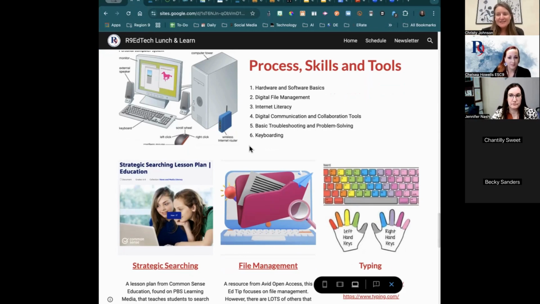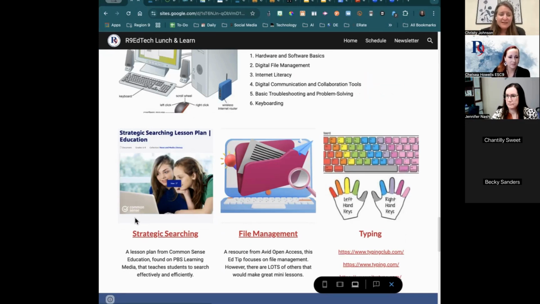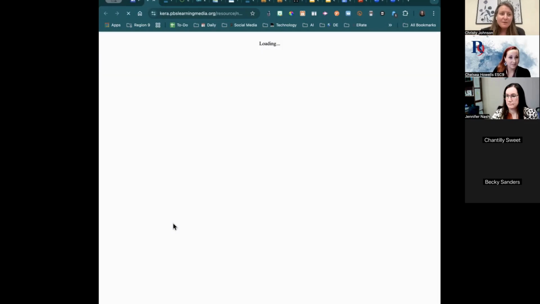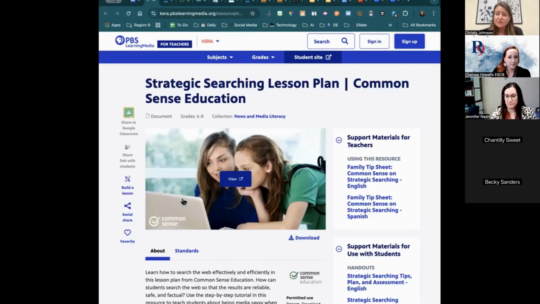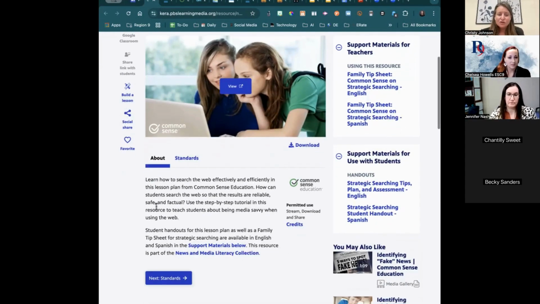If we're going to teach our kids to use these devices early on, then they need to learn the proper way to use them, including keyboarding. A couple of resources. Again, this is another common sense one. It was actually found on the PBS Learning site, but it's a lesson on strategic searching. So that internet literacy piece, teaching them how to search things reliably and safely, but also factually getting the right